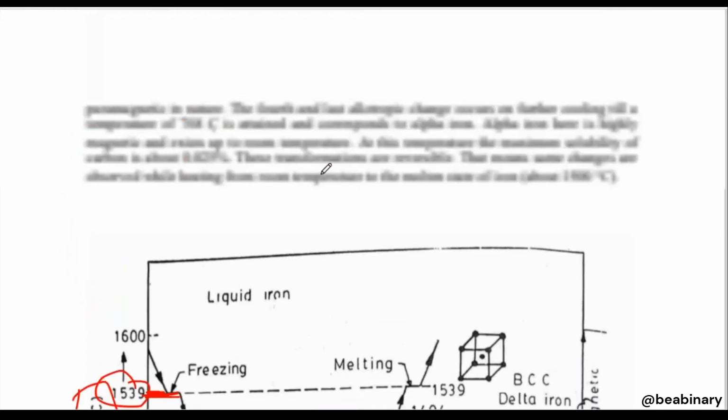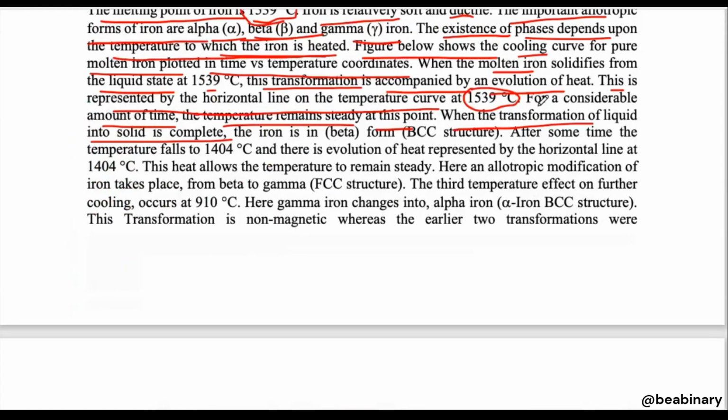Okay, so what next? When the transformation of the liquid is complete, it means that up to here you have completed all the solidification. Okay, so now what? The iron is in the beta form, the BCC structure. When the transformation of liquid into solid is complete, the iron is in the beta form of BCC. So as you can see here,